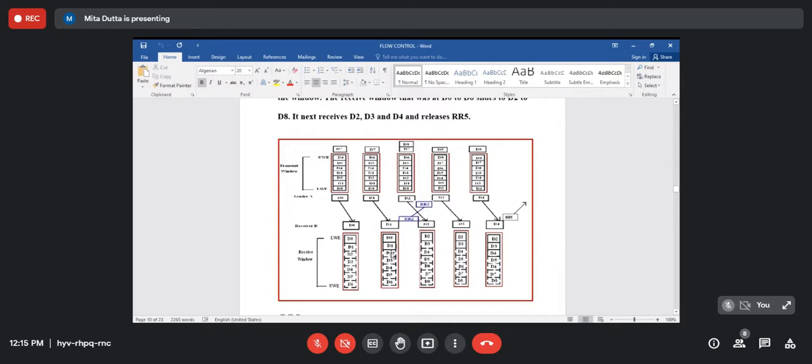So after the receipt of D1, when the receiver sends RR2, it means that the D0 and D1 frames were received correctly, and the receiver slides its window from D2 to D8. Now when the receiver receives D2, D2 is copied here. Similarly, the sender will send a D3 frame. D3 is copied here, and the sender will send a D4 frame. D4 is copied here,